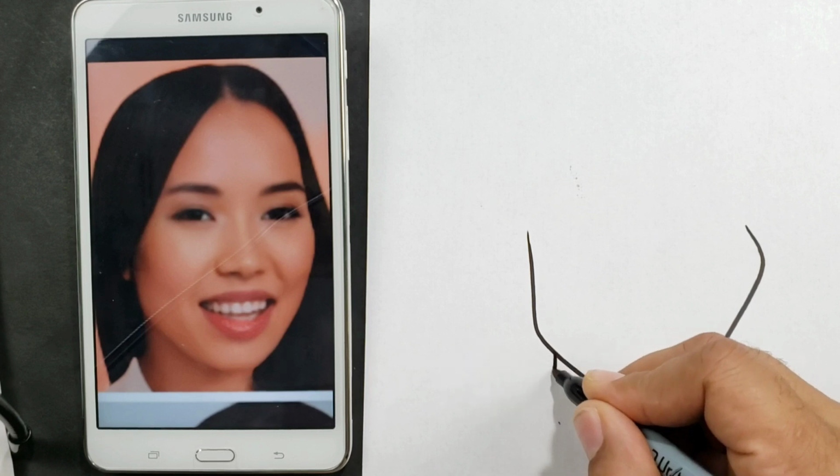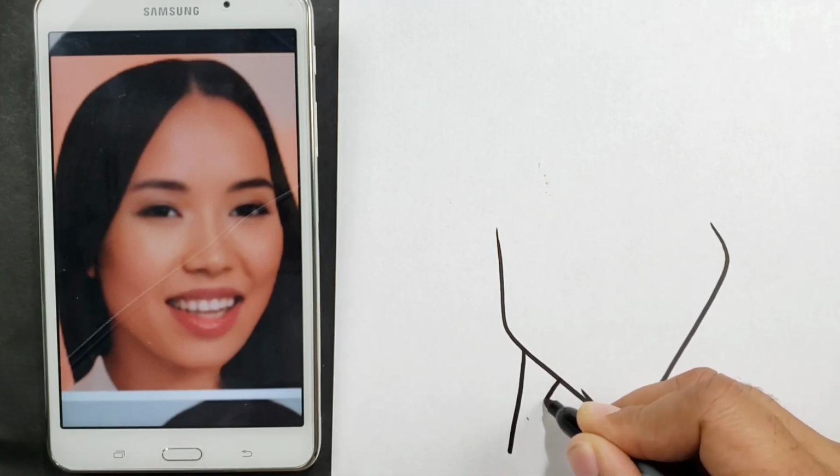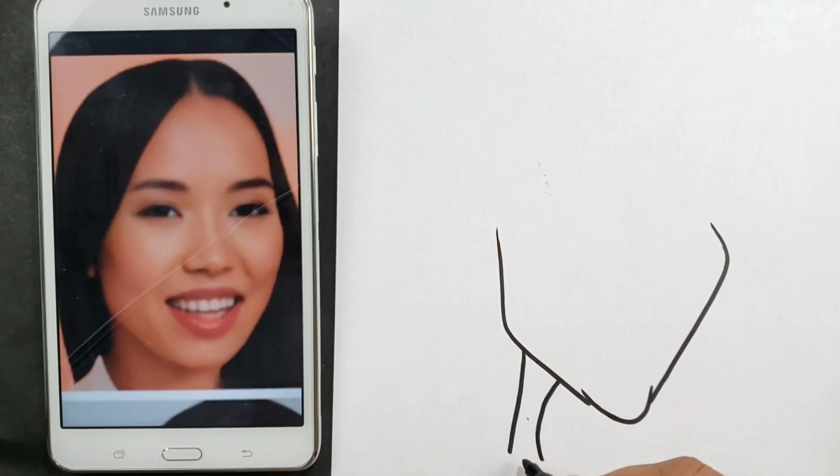Okay, now I always like to give the ladies a little thin neck. Okay, and then we can do whatever the shoulders are. We can do something like this here. Okay,